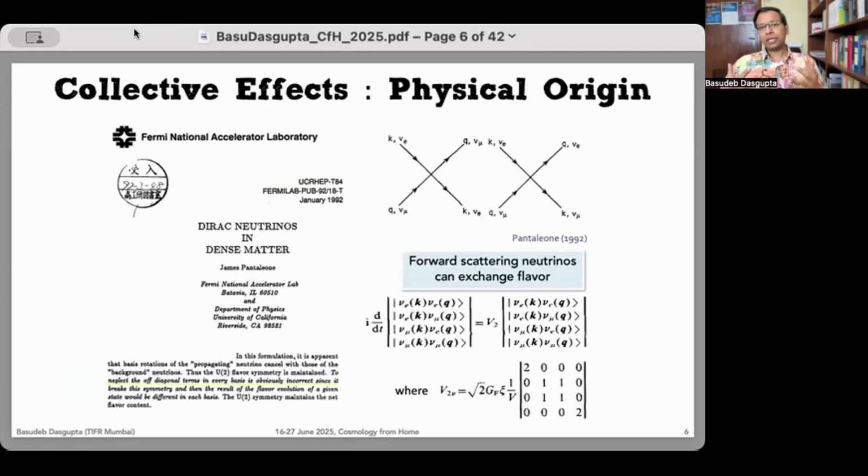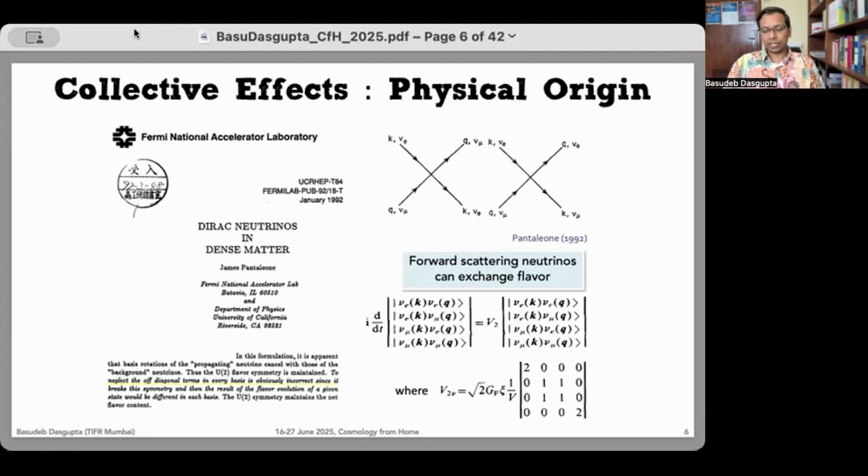So first, let me tell you about this very intriguing kind of neutrino oscillations called collective effects. I assume that you're familiar with the standard kind of neutrino oscillations, which are just two-level systems. So imagine that there are two neutrino flavors, but these flavors are not the energy eigenstates. So a neutrino that's produced in one of these flavor eigenstates, over time, will have a probability to be detected